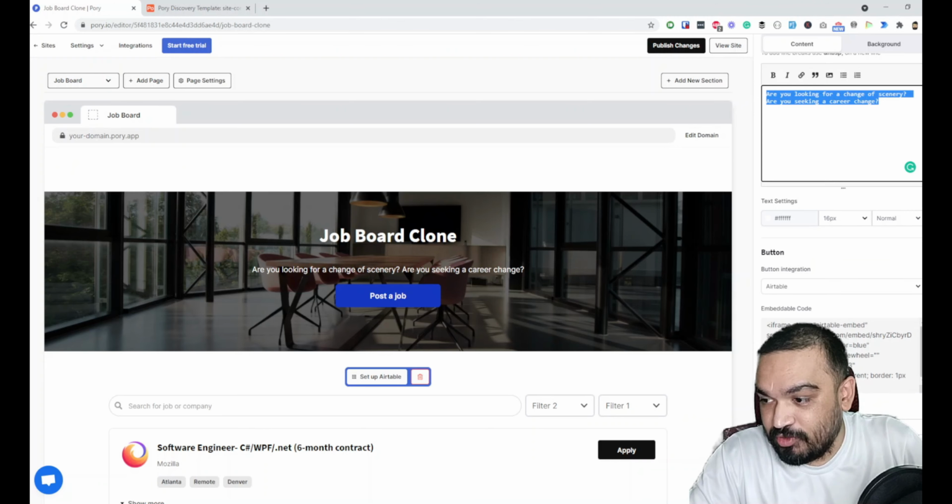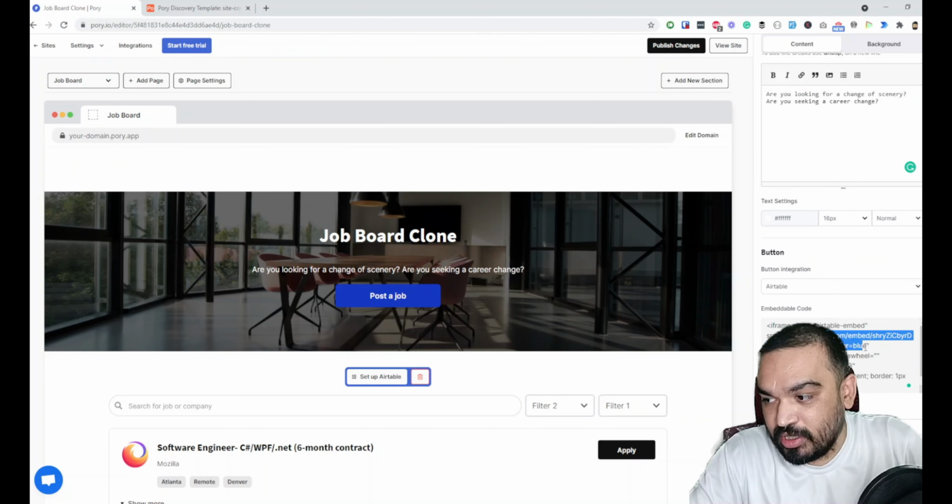You can customize this if you want to have a different link by removing just this piece, right? The src piece is where the form link is. If you want to embed a different form, you can do so, right? So yeah, you can customize all of these. You can change the button, you can change the color of the button, the background color, everything is customizable on this. And I'm going to quickly click on setup Airtable. And as you are already aware, if not, Pory.io gives you a default Airtable template which you can customize, right?